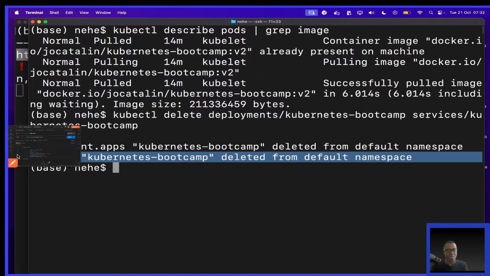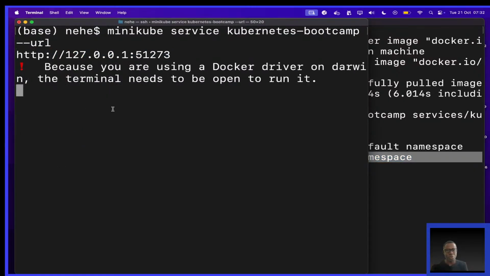So this has been another good learning experience. So I'm going to go ahead and stop my cluster. So this has been minikube